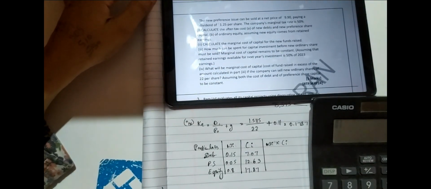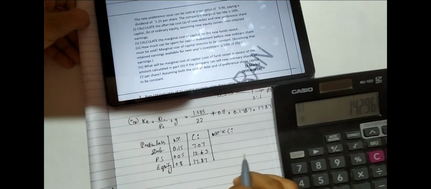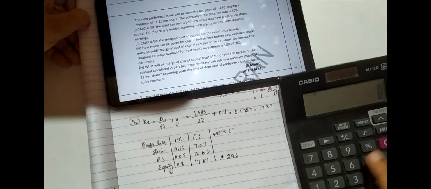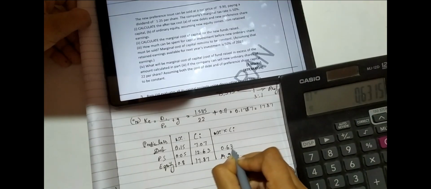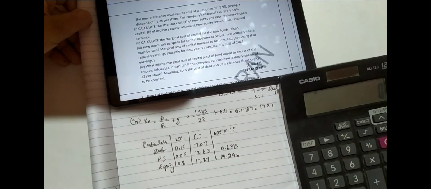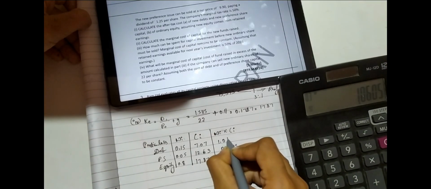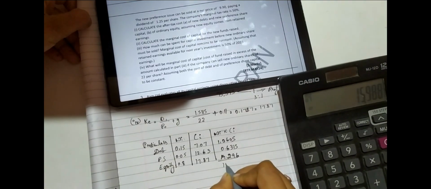So it is 17.87 into 0.8, which is 14.296, and then 12.63 into 0.05, which is 0.6315, and then 7.07 into 0.15, which is 1.0605. So the total is going to be